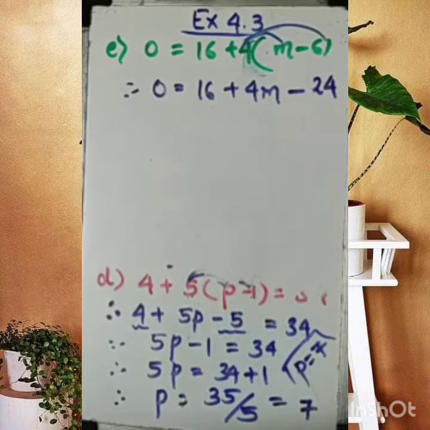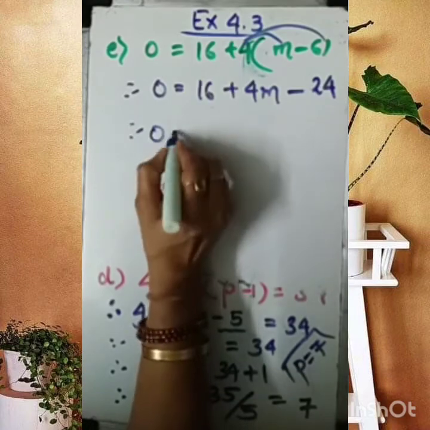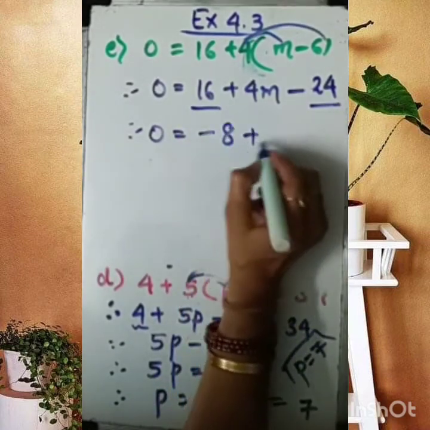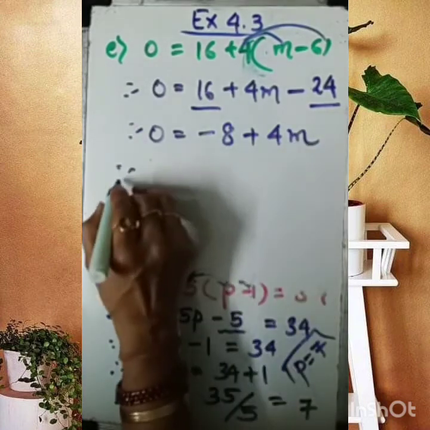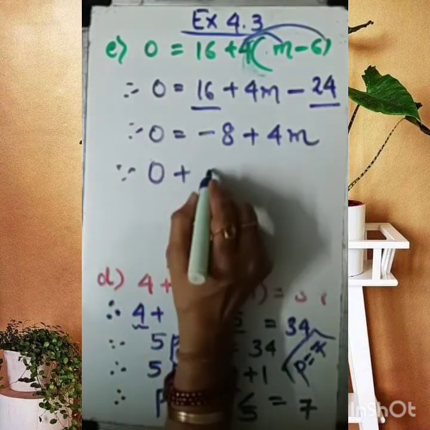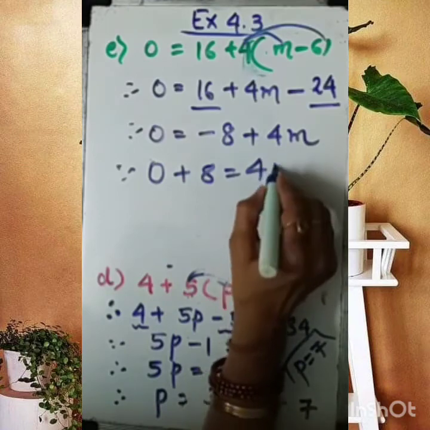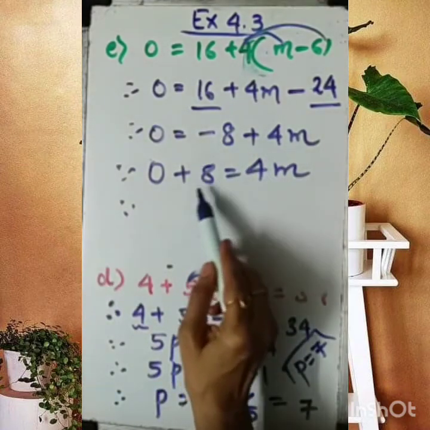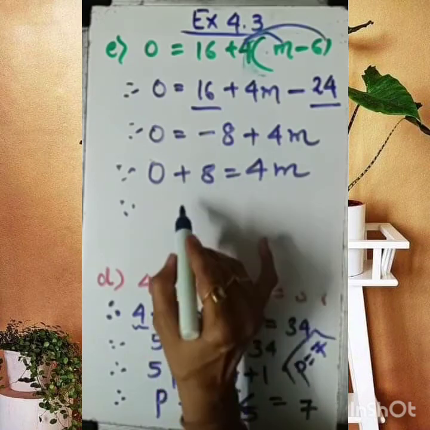If we subtract something from 24, then we can set. Okay. So, for that, we need to subtract 16 and minus 24. It's a simplification, will be minus 8. Therefore, 0 plus 8, this minus 8 will become plus 8 on the other side. So, 0 plus 8 is 8.